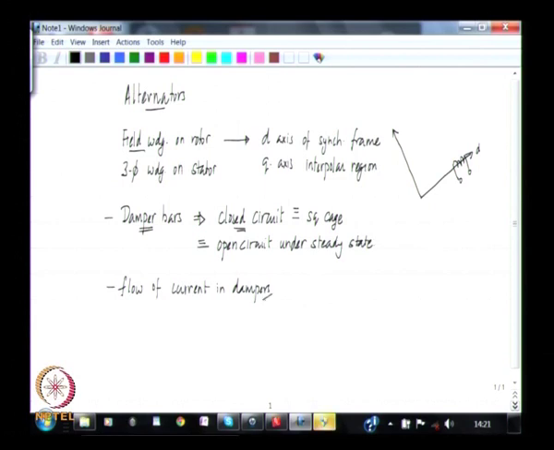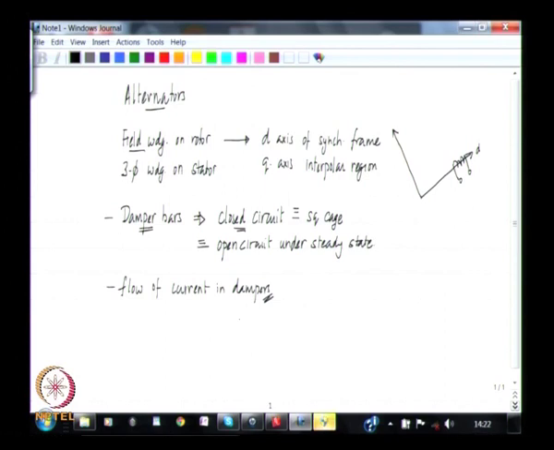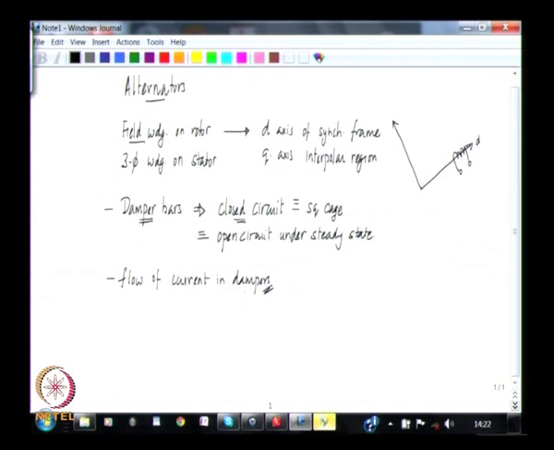And therefore any model of the alternator which aims to simulate the dynamics of the rotor must include a representation for this arrangement of dampers as well. Without that it is incomplete. And now if we say that we need to include a representation for dampers, then the issue is how to